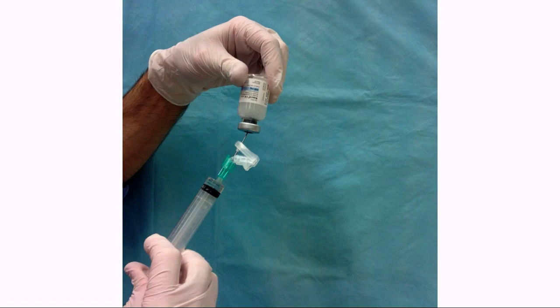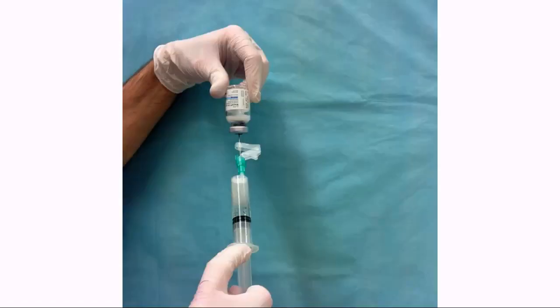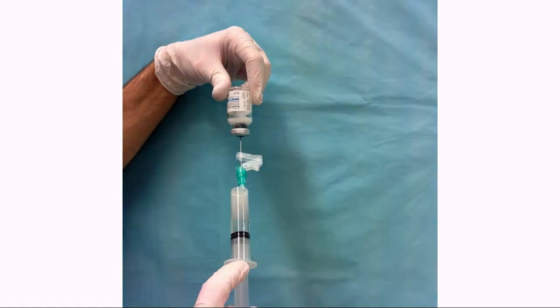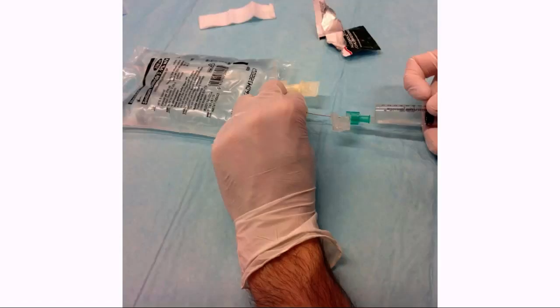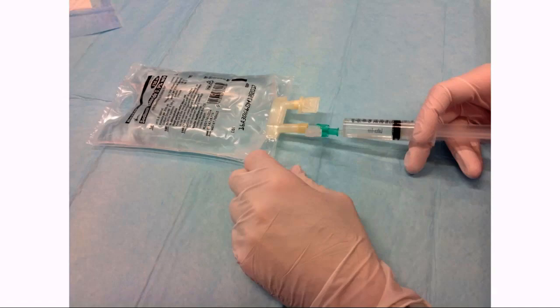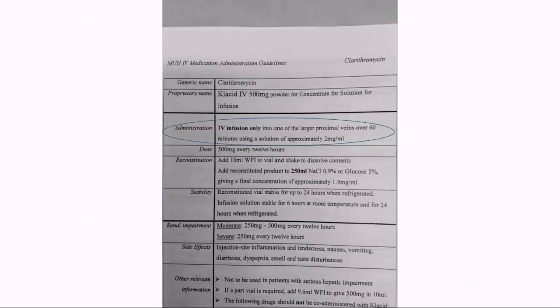So push in the water for injections into the ampule and then drop the clarithromycin into the syringe. And then what we do is we open the bag, the 250 ml bag of 0.9% sodium chloride, and we inject the clarithromycin into the bag. Then we label the bag,